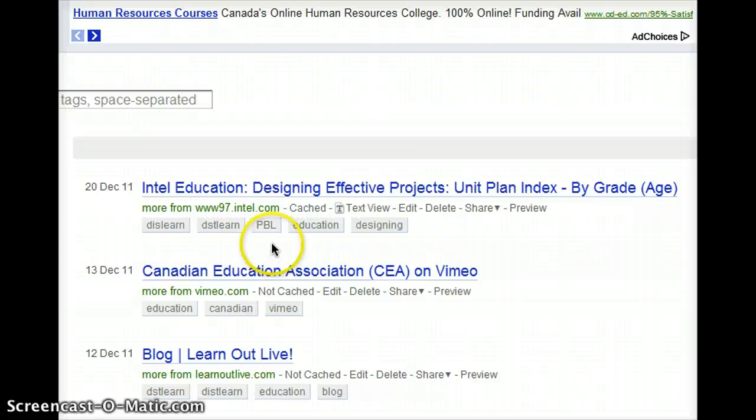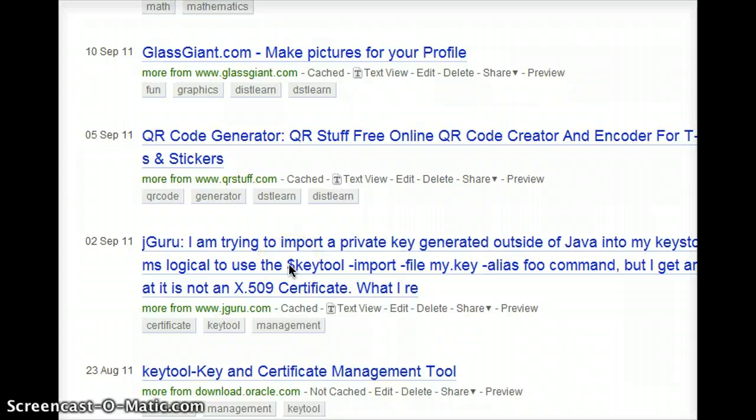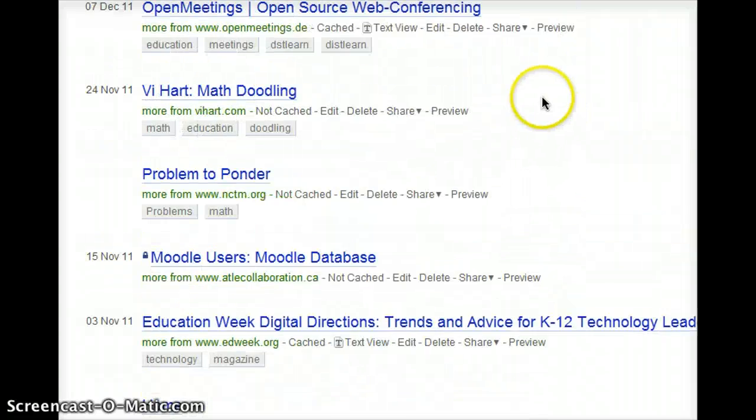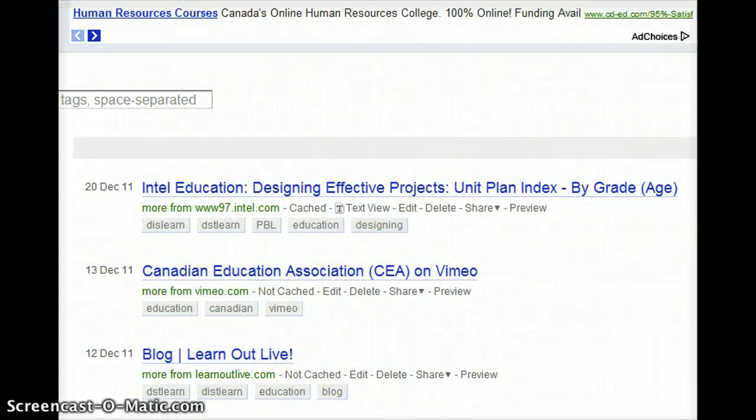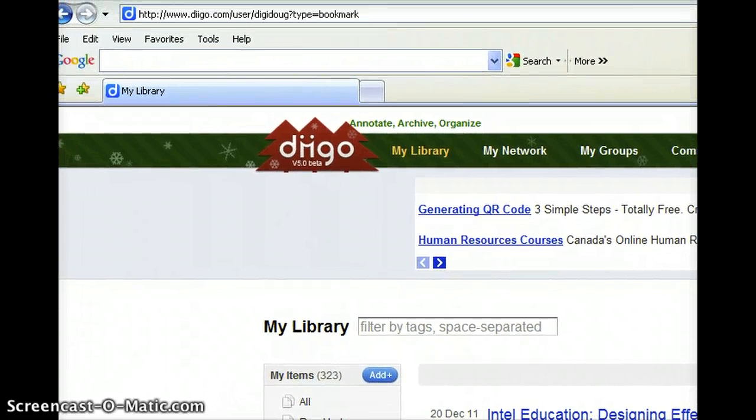Now, of course, I do have lots of bookmarks on here, but it's cumbersome to have to go to a certain website to find my bookmarks when I need them. So what I'm going to do instead is I'm going to actually set up my browser to automatically connect to my bookmarks. So I'm going to go back to the Diigo main page,